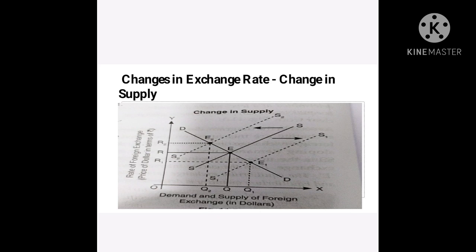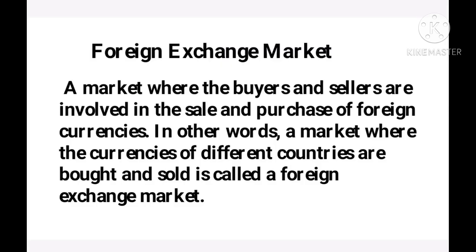अगर हमारी सप्लाई डिक्रीज़ कर जाती है तो क्या होगा? तो डॉलर की वैल्यू एप्रिशिएट कर जाएगी, डॉलर वैल्यू ऊपर चली जाएगी और इंडियन रुपी की वैल्यू नीचे आके डेप्रिशिएट हो जाएगी। सप्लाई इंक्रीज़ किया तो डॉलर डेप्रिशिएट किया और इंडियन रुपी एप्रिशिएट किया। ये चेंज इन डिमांड का इन्वर्स है, जो हमने चेंज इन डिमांड में पढ़ा था उस कॉन्सेप्ट का ये इन्वर्स है। सप्लाई इंक्रीज़ करी तो डॉलर डेप्रिशिएट करा और इंडियन रुपी एप्रिशिएट करा। सप्लाई डिक्रीज़ करी तो डॉलर एप्रिशिएट करा और इंडियन रुपी डेप्रिशिएट करा। नाउ नेक्स्ट है हमारा फॉरेन एक्सचेंज मार्केट, a market where the buyers and sellers are involved in the